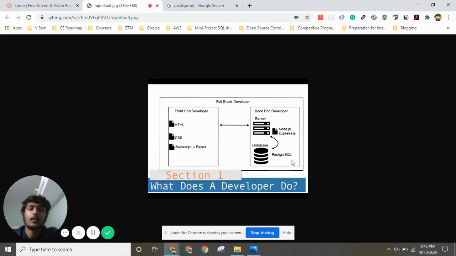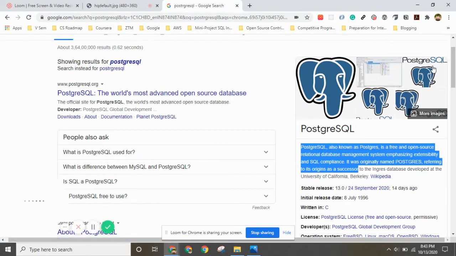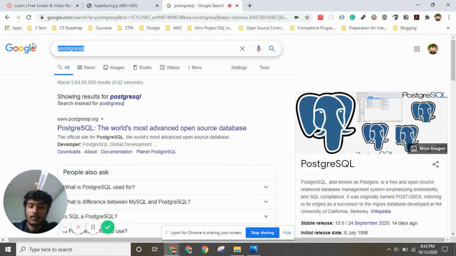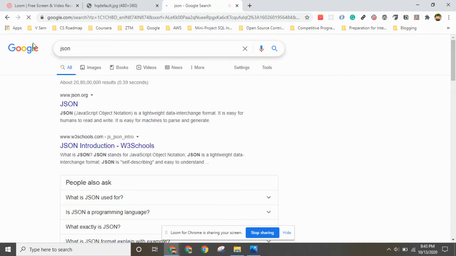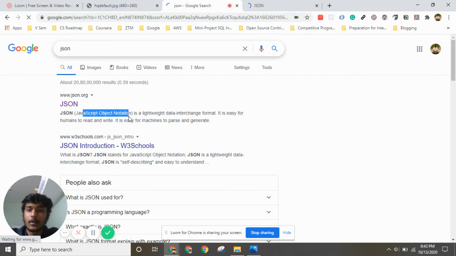JSON is like a string format. Let me show you. JSON is used in front-end to back-end communications. Right, it is the full form of JavaScript Object Notation. Okay, so as you can see, it's a lightweight data interchange format. It is easy to read.